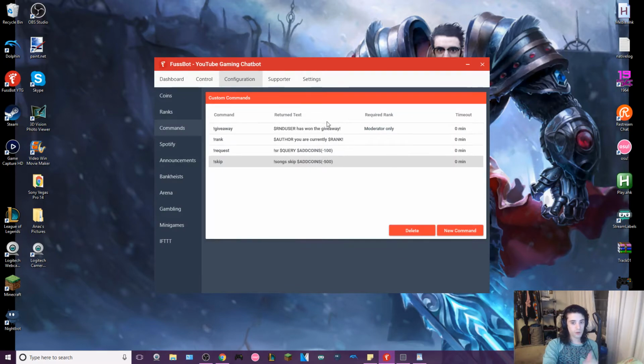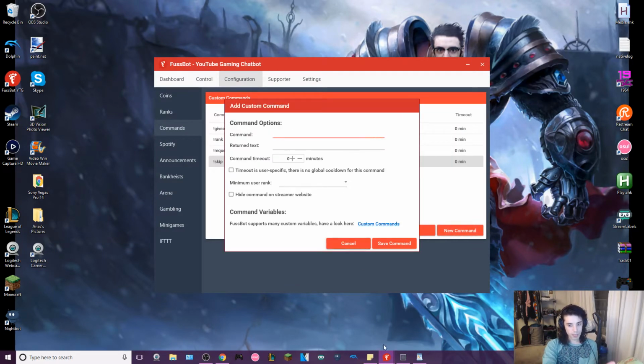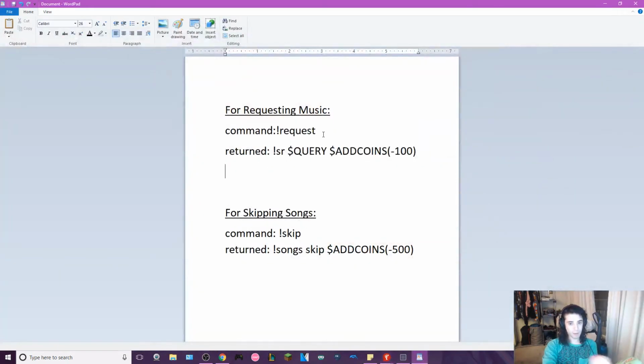All you do is come over here to custom commands and create a new command. For the command line, like I said, you just go over to WordPad. This is the command line, this is the return line. This is the only command you need whatsoever to run your music command, if you want your music command to cost money, that is. If you want it to just request music,